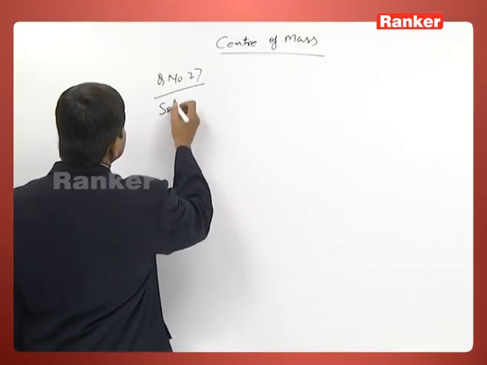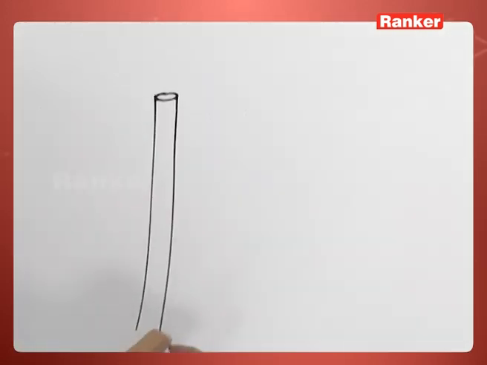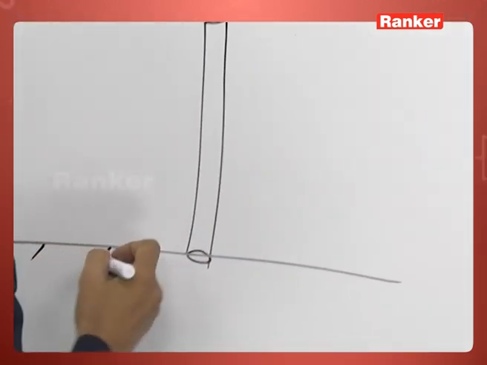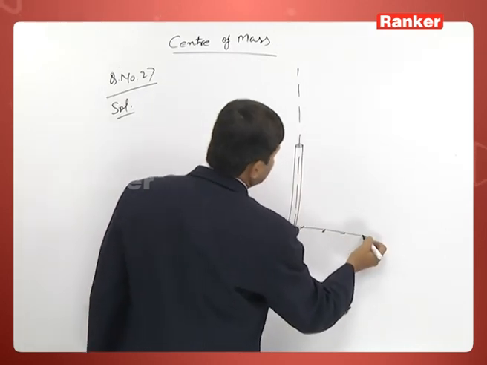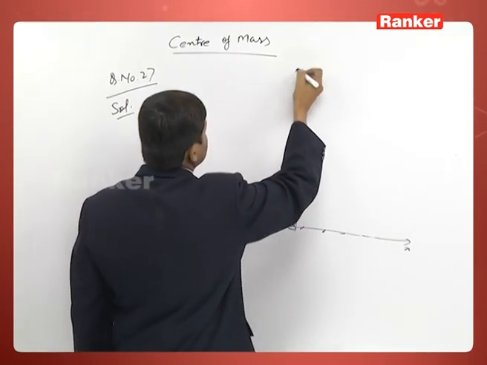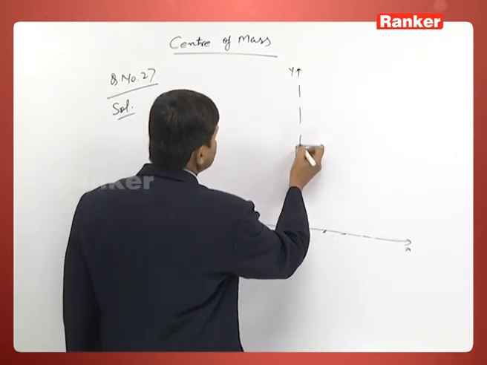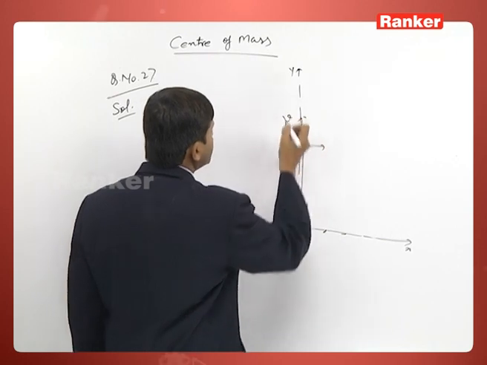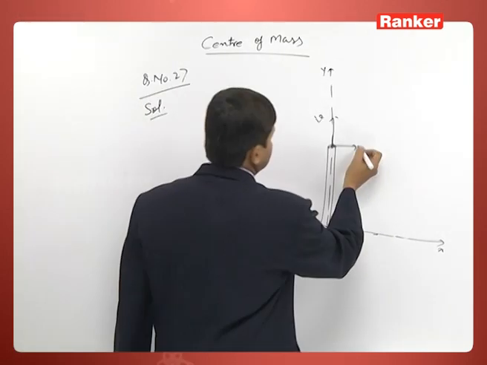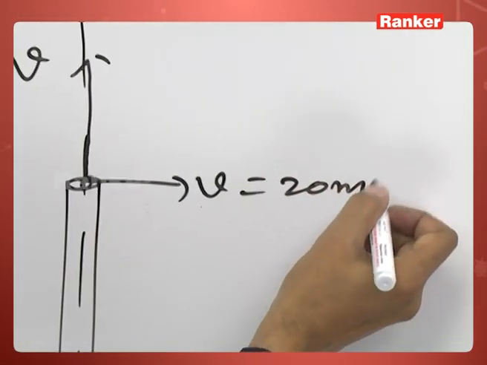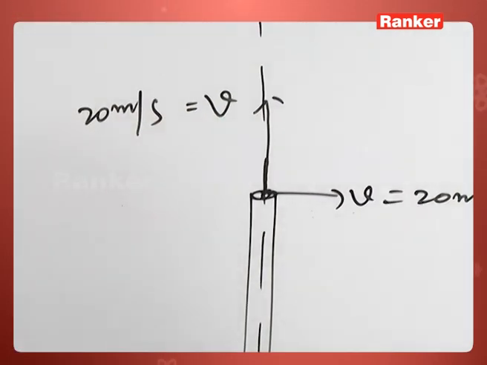Now, see how to solve this problem. So, question is given like, now this is a tower of height 20 meter. We can say, let our coordinate system be this x and y. One particle is projected horizontally, another is projected vertically, with the same speed 20 meter per second. So, now they are asking